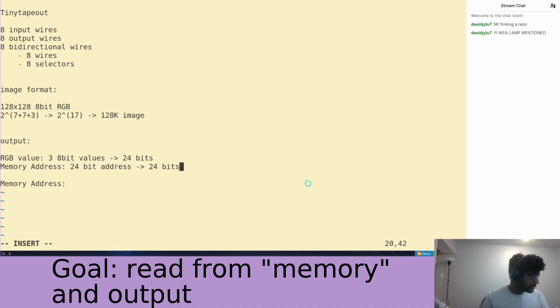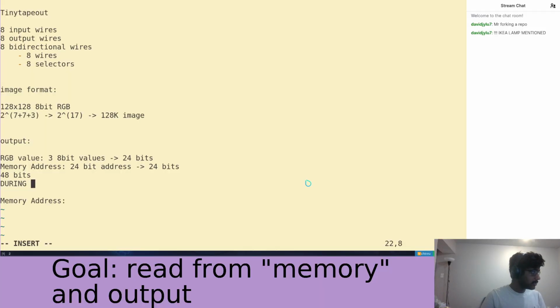Bits, right? 24 bits. And so this is 48 bits. Now, obviously, we can do this simultaneously. So it's going to take us 3 cycles to actually output a value, right? 48 bits for one output. And so because we have 8 bidirectional wires, what we're going to do here is, because we have, again, 8 bidirectional wires, we're going to have,